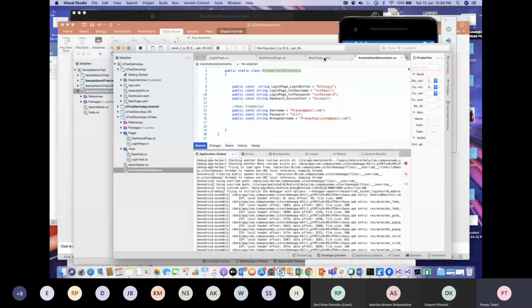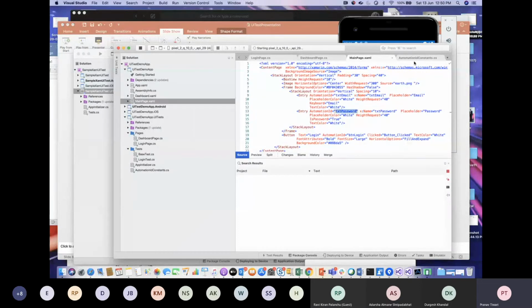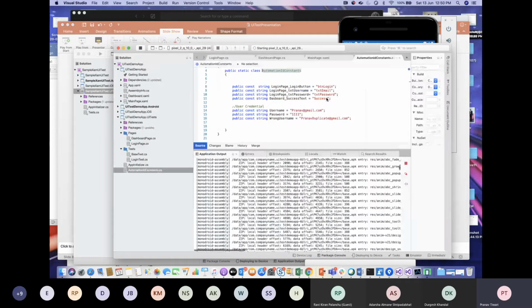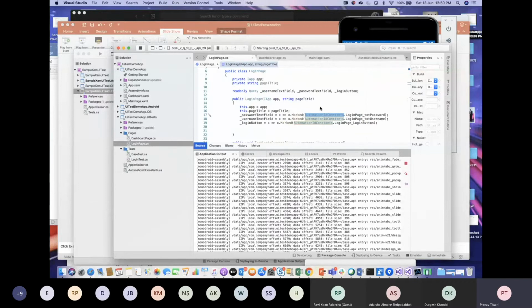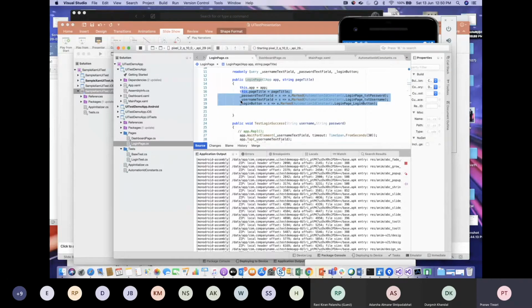If you match it with the MainPage.xaml, whatever text and password IDs we have given, we are giving the same IDs here in our automation constant, and we'll be using it on this page. As we have created the queries for login, password, and button, we are trying to get that particular element by querying that automation ID. Once we have got all these automation IDs, now we are going to execute the test case.